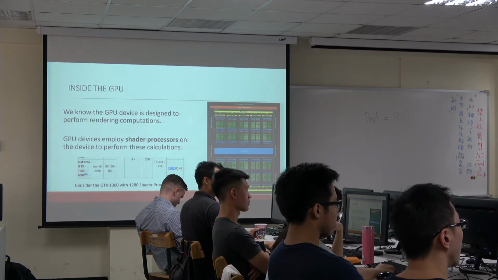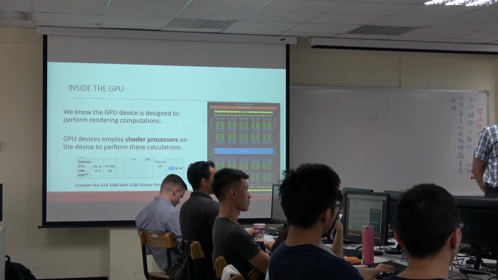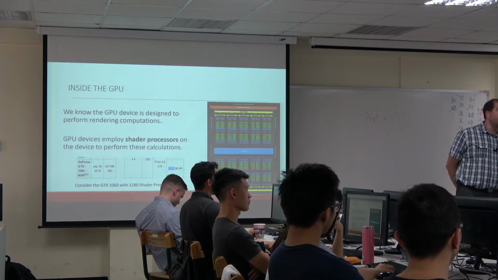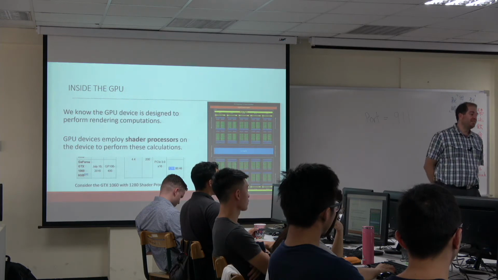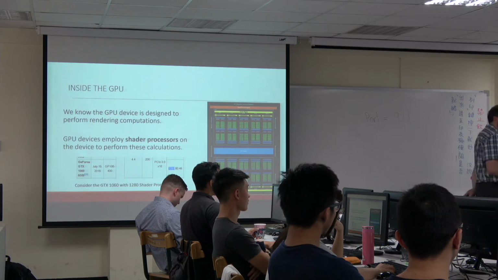These GPUs are designed to accelerate graphical computations. GPUs are not designed to perform high-performance computing calculations. The engineers at NVIDIA do not make computing cards. I'm going to get in trouble for saying this. The engineers at NVIDIA make gaming cards, and then they stick stickers on them to have you believe that they